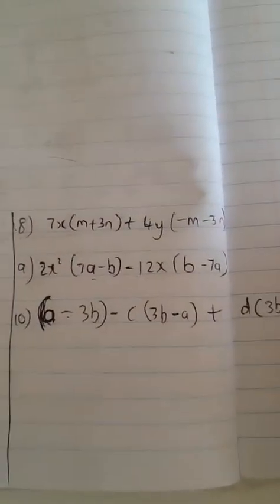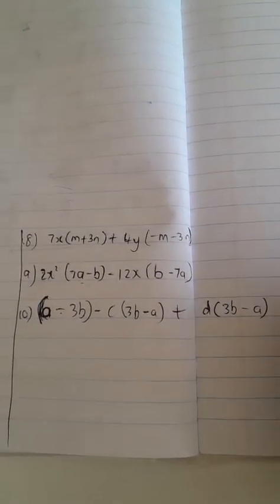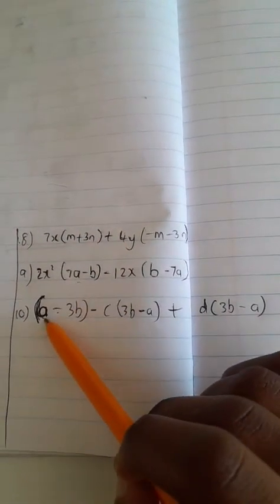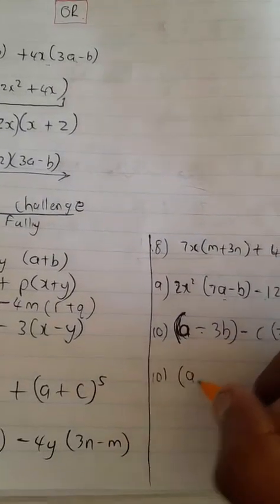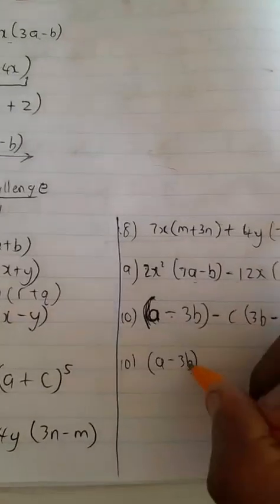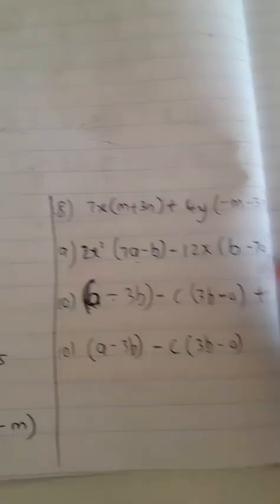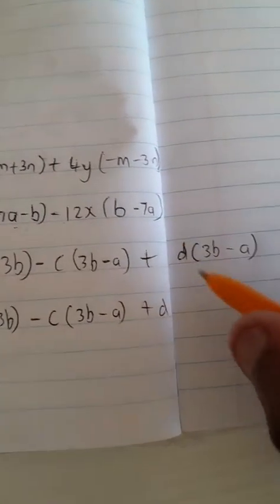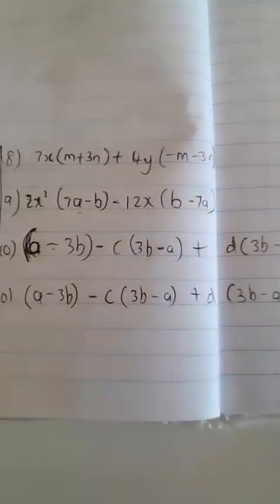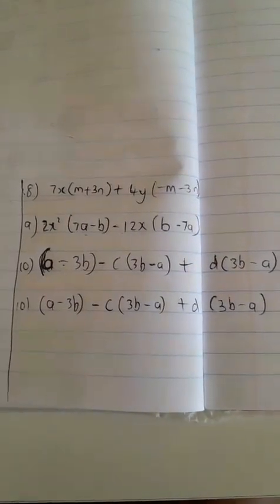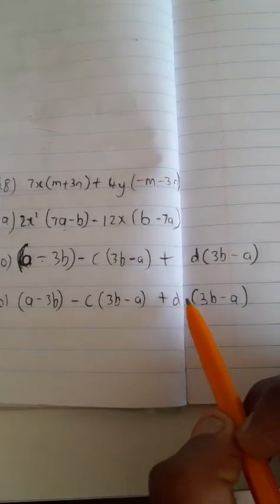Alright, so that's 8, 9, and 10. Okay, so that is A, sorry people, that's a bracket. Maybe I need to rewrite the 10. It's A minus 3B. I'm sorry for my handsome writing there. Okay, there it is. 10 is A minus 3B minus C into 3B minus A plus D into 3B minus